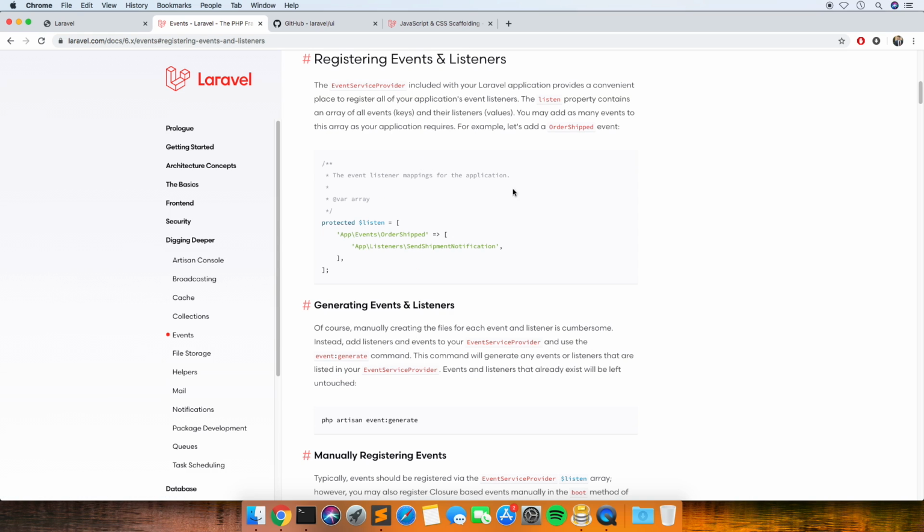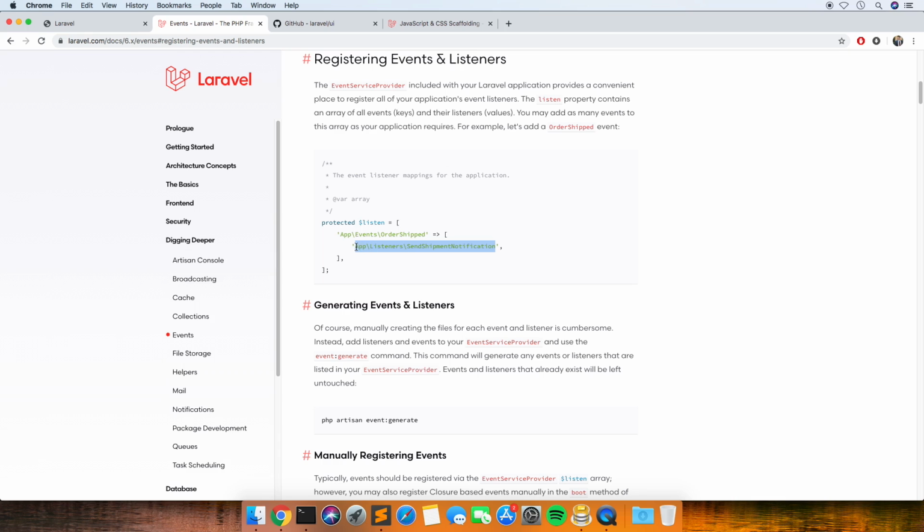So basically, this is your event, and then this is a listener for that event. So you trigger these events either by running some code, or you can add the events onto Eloquent models. So you can say on a user, every time a user's created, I want this event to be fired. And you can add more than one listener to each event.